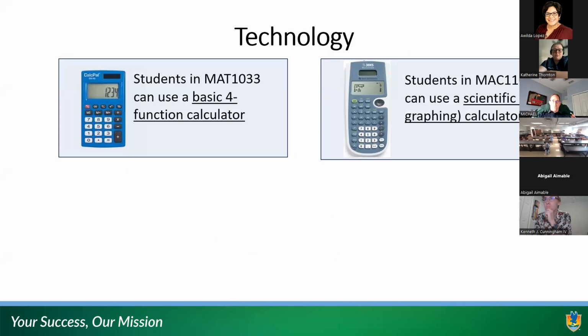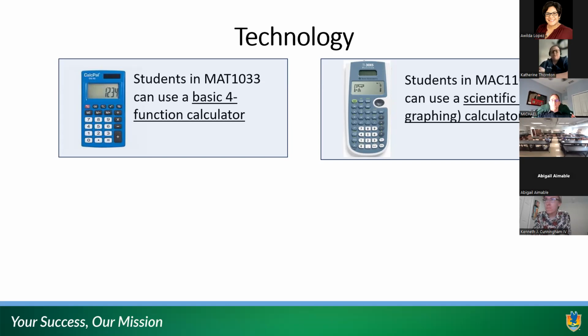First, let's talk about the technology that is allowed. For students in our intermediate algebra course, MAT 1033, you are able to use a basic 4-function calculator. These are very inexpensive. You can usually buy a 4-pack at the dollar store, so they're very easy to obtain. If you are working on getting a calculator, make sure it can add, subtract, multiply, divide, and not much else, and you are good to